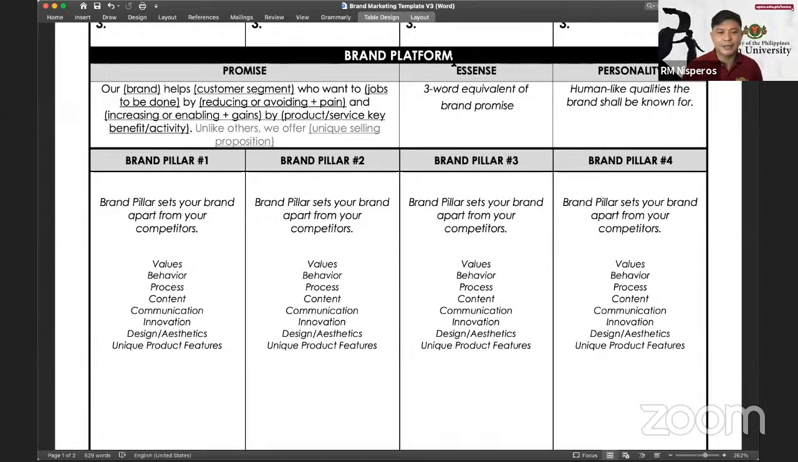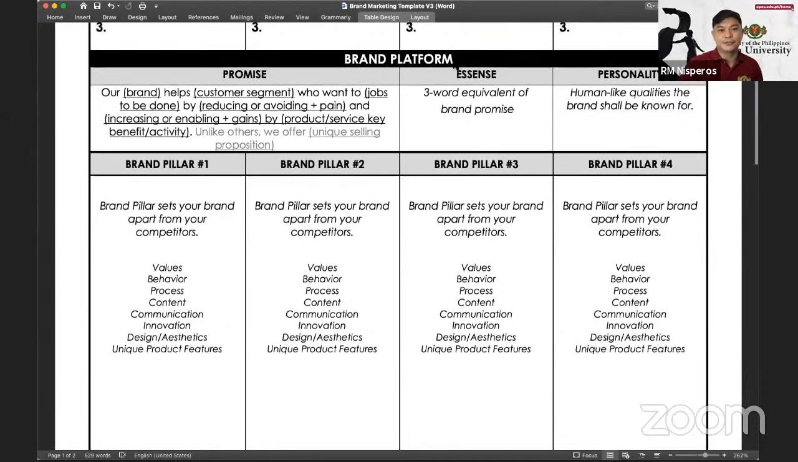Positioning statement can be sort of your brand promise. So, if you would tell someone, ano ba yung business nyo? You would state this brand promise and okay na. So it starts with our brand or the name of your business, helps the customer segment who want to, ano yung gusto nilang gawin, by stating the pain, and then would you reduce that, or increasing or enabling the gains you mentioned in the previous